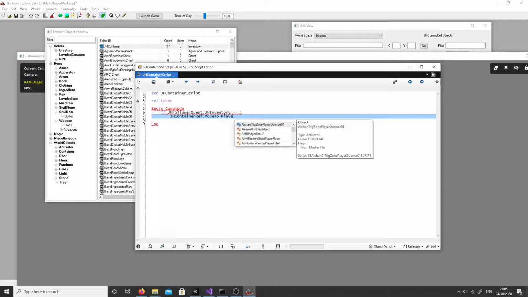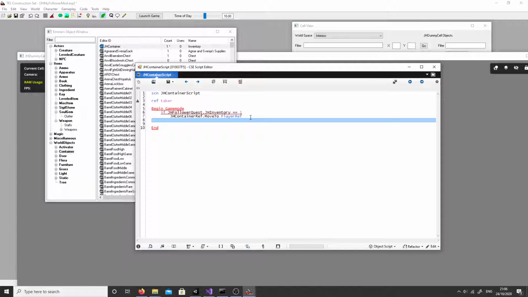and player. I'll put player ref. You can put player or player ref. It doesn't really matter, I don't think. But I'll put player ref because that's referring to the player itself. And if we do that, and then